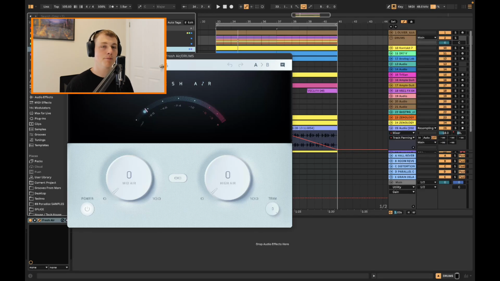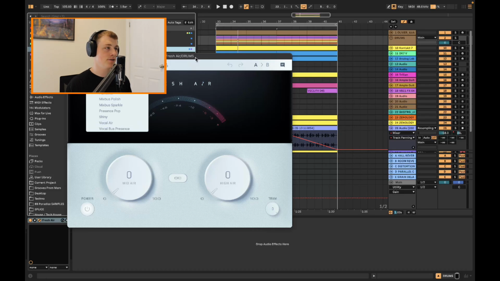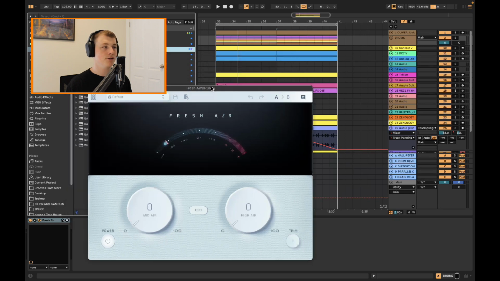It has some amazing presets if you wanted to go for the mix bus polish or the sparkle. And then it's even great for vocals and stuff too. I often start with the presets and then dial it into my desired taste. But if I'm putting it on the drum group,